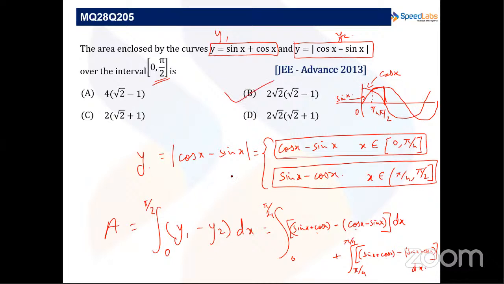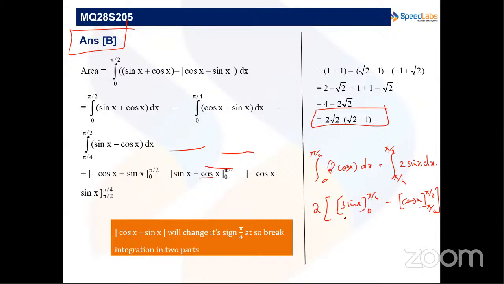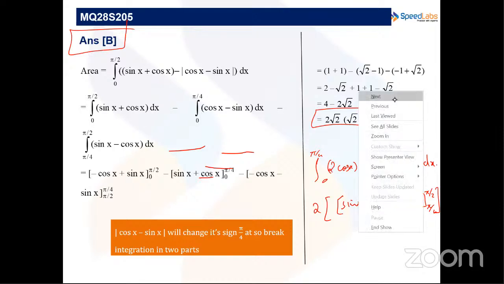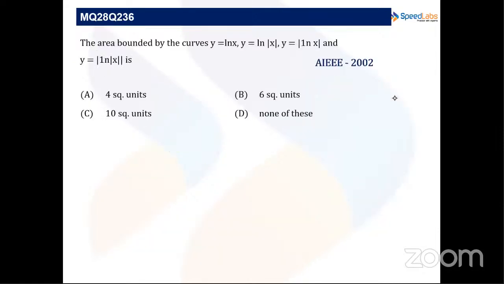Now, moving to the next question. The area bounded by the curves y equals log x, y equals log of mod x, y equals mod of log x, and y equals mod of log of mod x. So what we have to do is